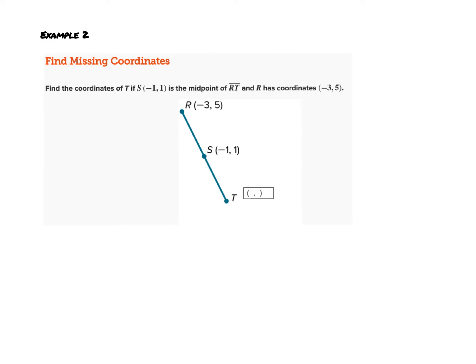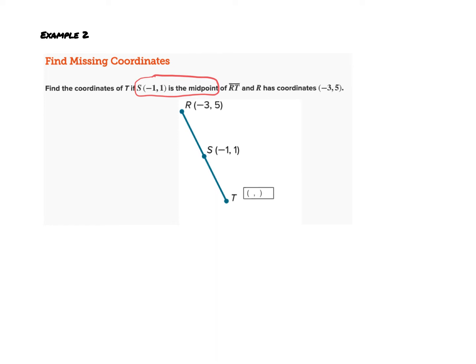But in this case, we're given the midpoint. We are told that S is the midpoint, and we want to find the value or the coordinate